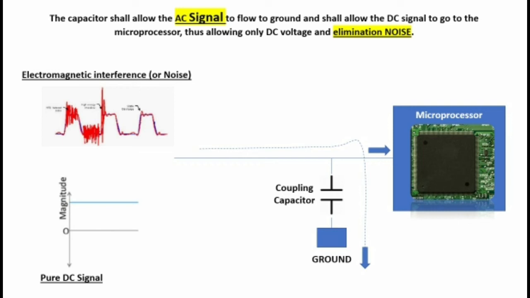As you know, the current chooses the least resistive path. When the AC signal comes, the coupling capacitor has a low impedance, and it will go through the coupling capacitor to ground, and the microprocessor will only get pure DC. And do you know, when you give your mobile to your technician, and if he sees a capacitor which is not working, he removes it because it doesn't impact the line of the current. It is only there to eliminate unwanted noise, so he can remove it and make your machine all right. So friends, this was a tip for mobile repairing, and I'll cover such things as we move forward in these lectures.